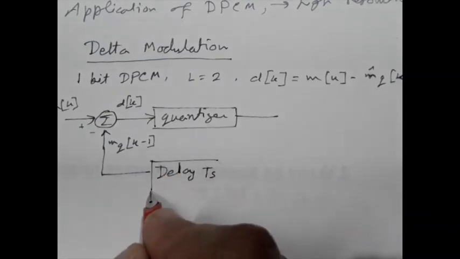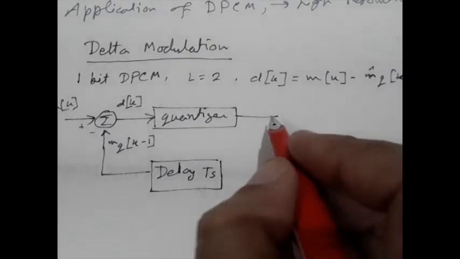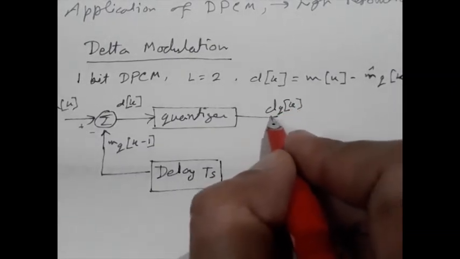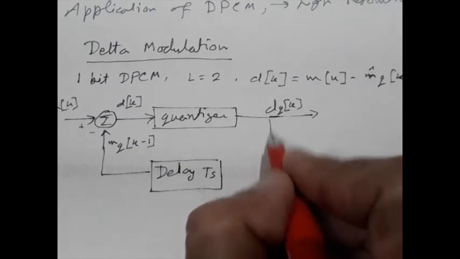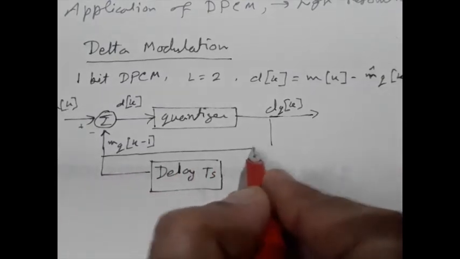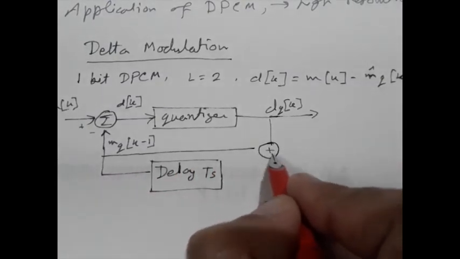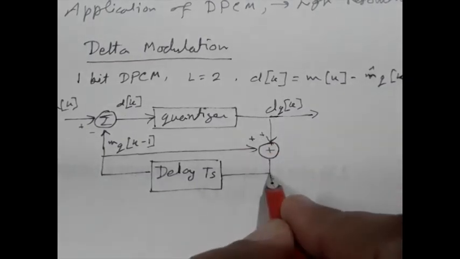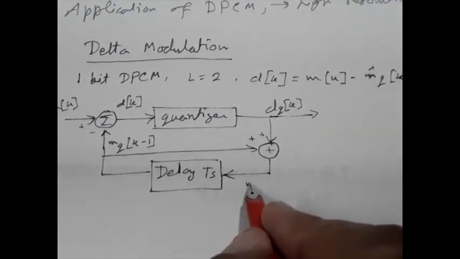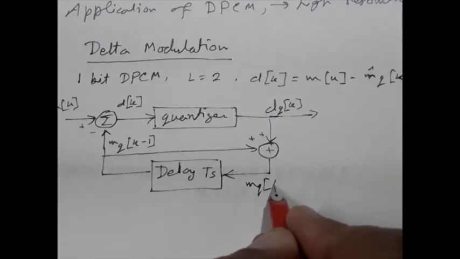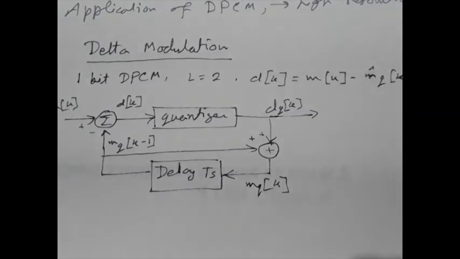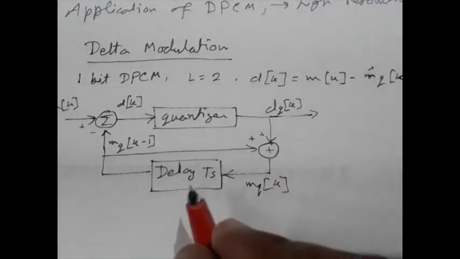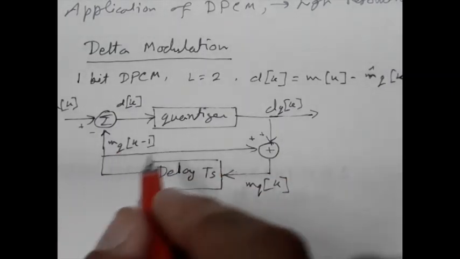Instead of predictor, we have simple delay. Here we have dqk that will be transmitted in the feedback path, just like previous one. So this will be the circuit for the delta modulation,